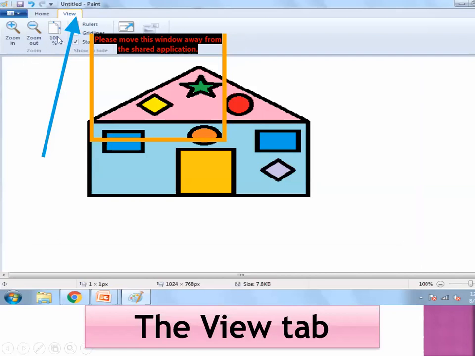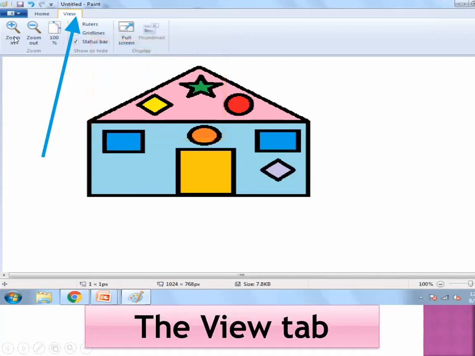When you click on the View tab, there are different options: Zoom, Show or Hide. The Zoom option provides zoom in, zoom out, and 100%. We use the zoom in and zoom out options to see a larger or smaller view of your image.